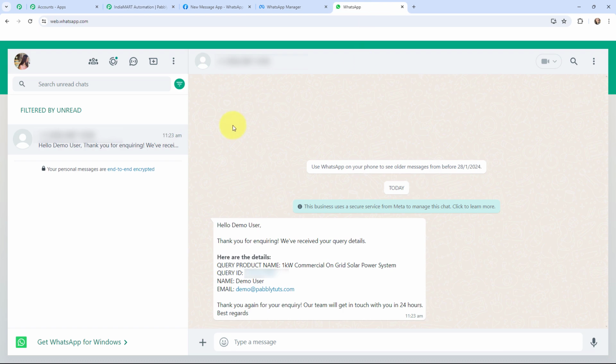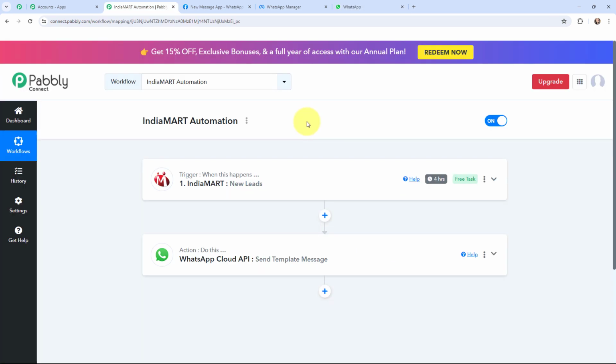This here is the WhatsApp message that has been sent. Here after hello, you can see the name of the lead, that was demo user, and here you can see the details as well. That means a WhatsApp message has been successfully sent to this IndiaMART lead. So this automation was a successful one. That means now whenever I receive a new lead through IndiaMART, automatically a WhatsApp message will be